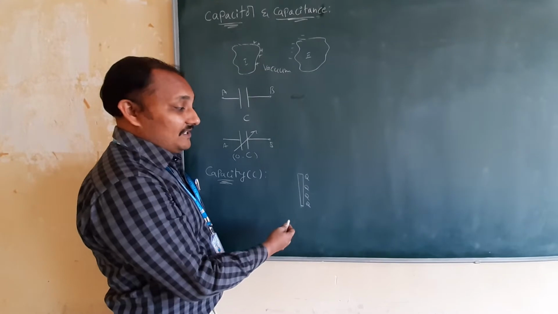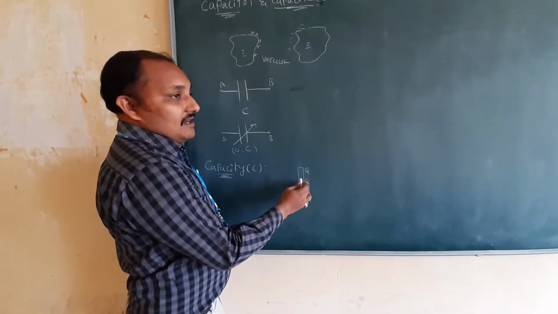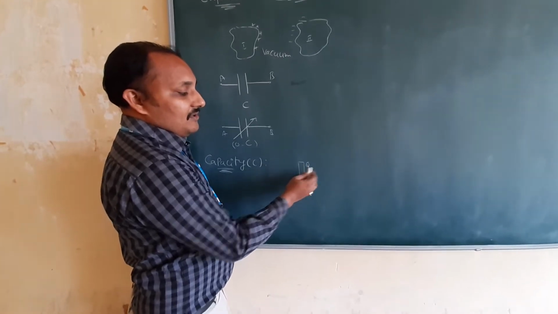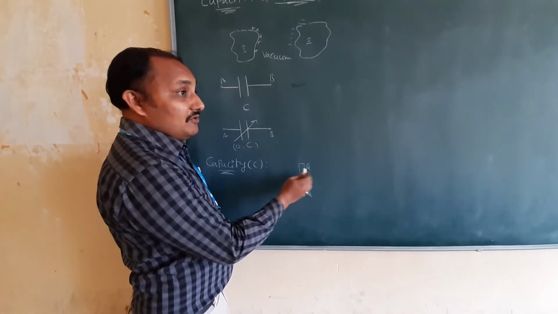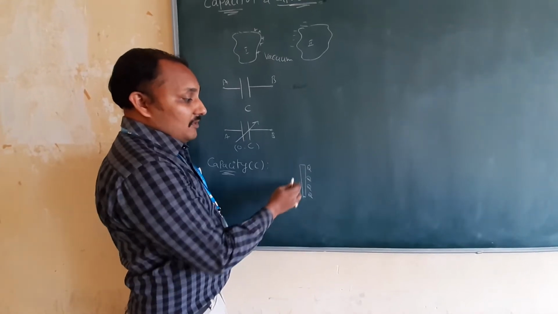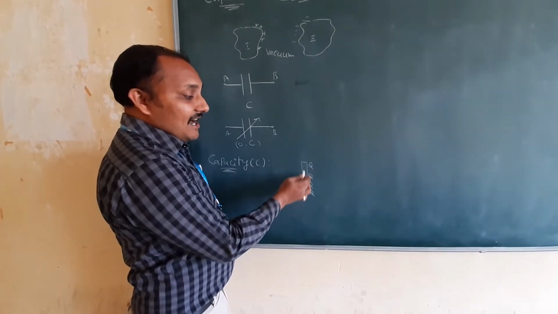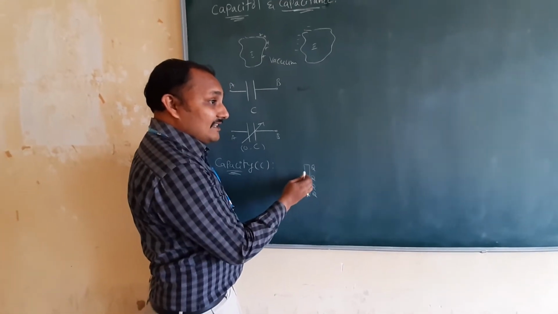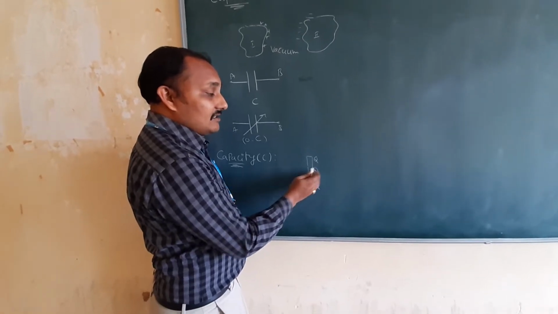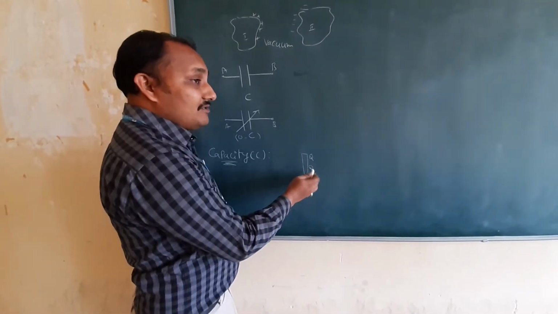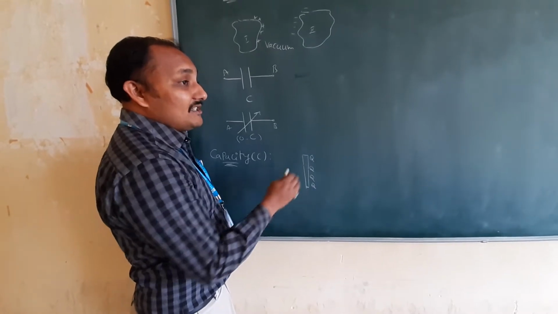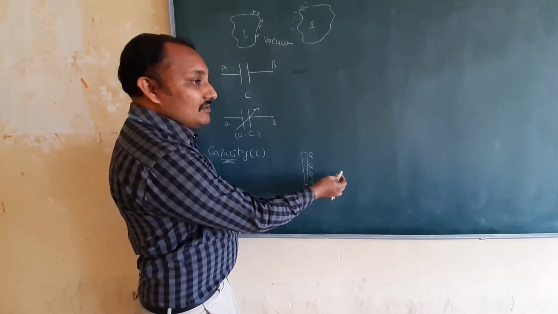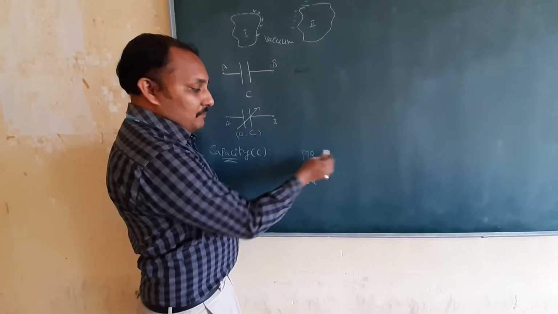That is the potential definition: the amount of work done to bring a charge from infinite distance to a conductor. Because another charge is already there, it is going to repel, so you should do some amount of work. To bring the third charge, we should do more work. To bring the fourth charge, we should do even more work. If you increase the charge on the conductor, the amount of work done to store another charge increases. The work done on the charge increasing means potential is increasing. By increasing the charge on the conductor, potential is indirectly increased.